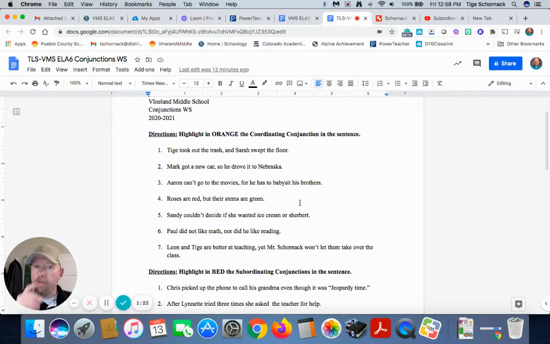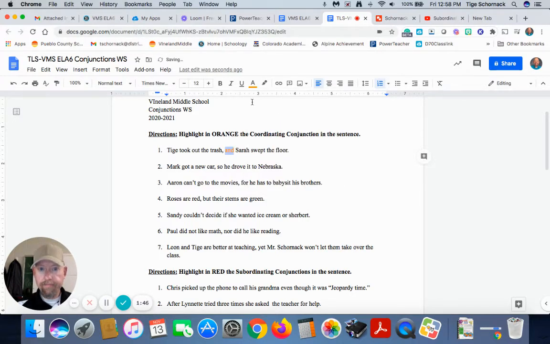Well, in sentence number 1, that's combining 2 independent clauses. Because Tig took out the trash, that's one sentence. Sarah swept the floor, that's another independent clause. But we combine them with the conjunction and. So highlight that